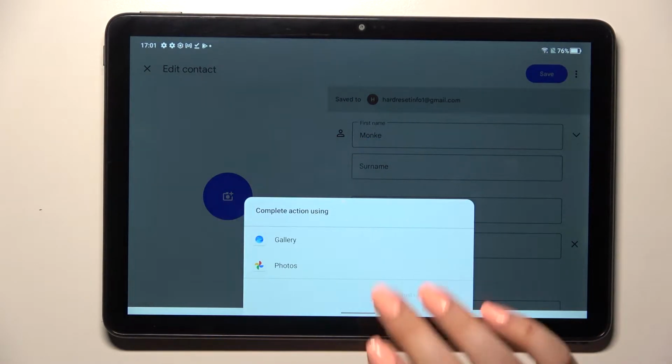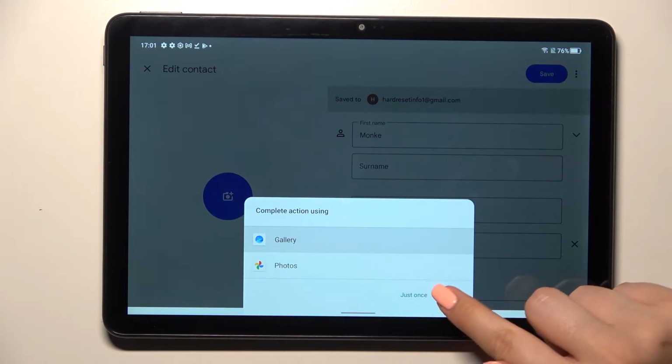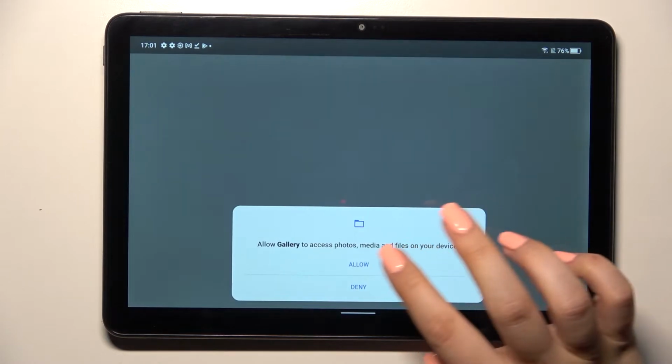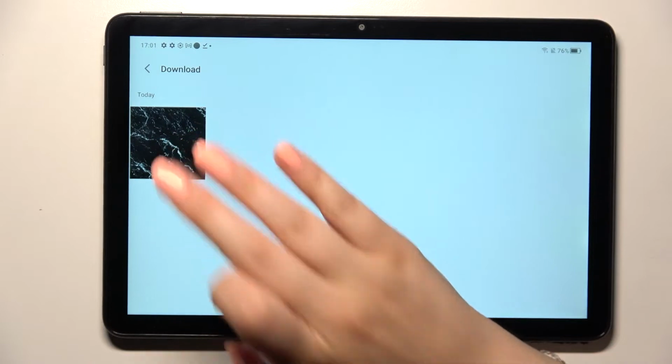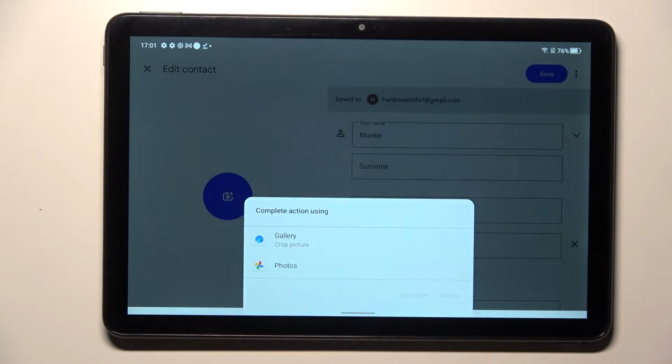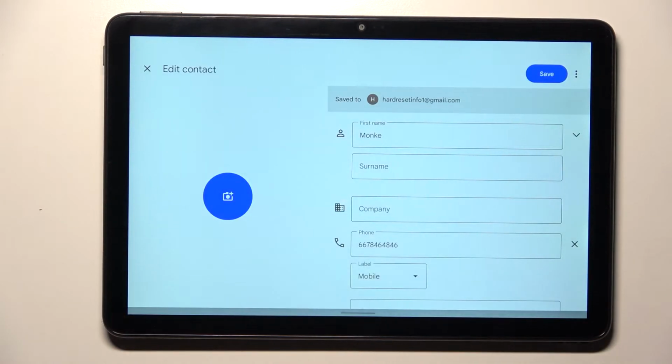And here we have to decide where we want to complete this action. So I will pick the gallery. Of course, give all the permissions it needs and find the photo you'd like to use and tap on it. Here we have to decide where we want to crop the picture, so let me pick Google Photos and